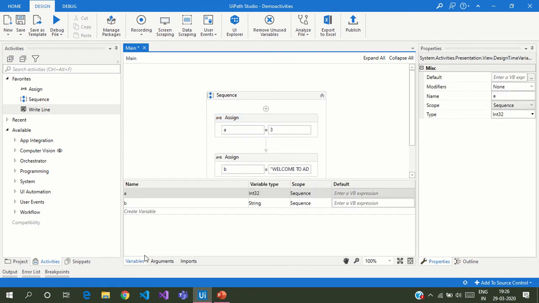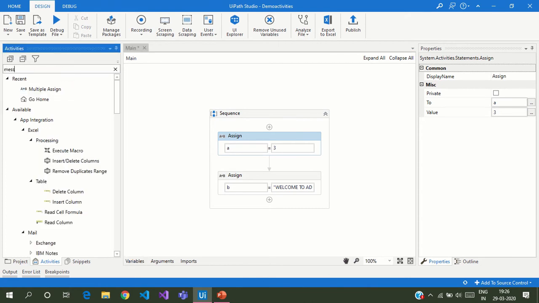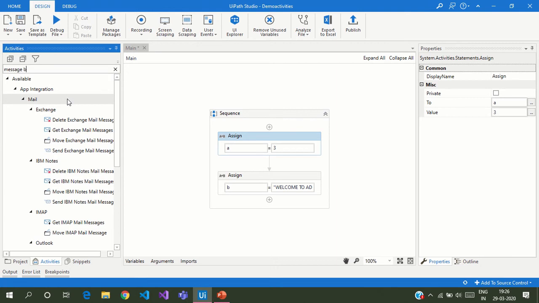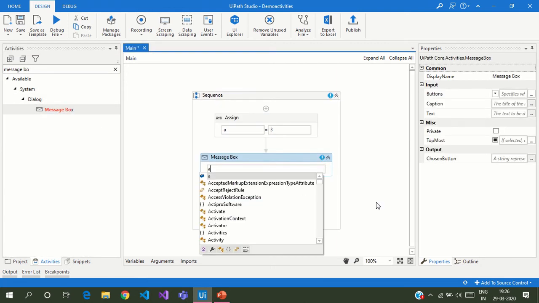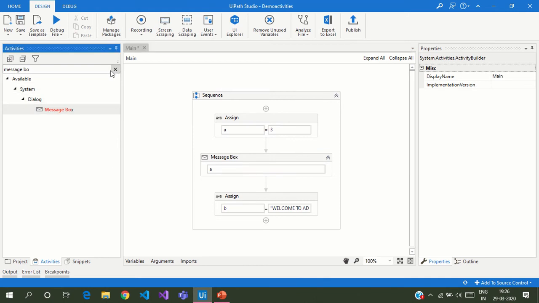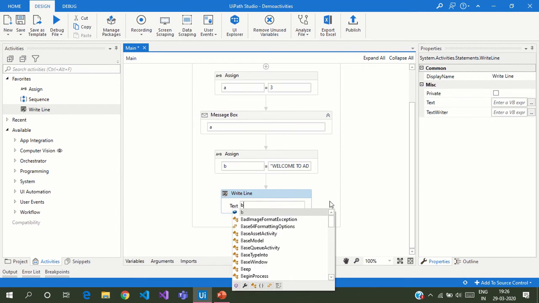But you can also make it an integer. And we have two activities here: message box and write line. We will see their workings here.